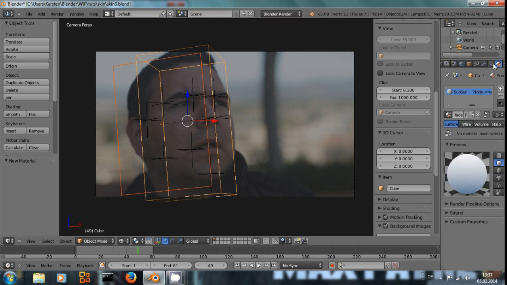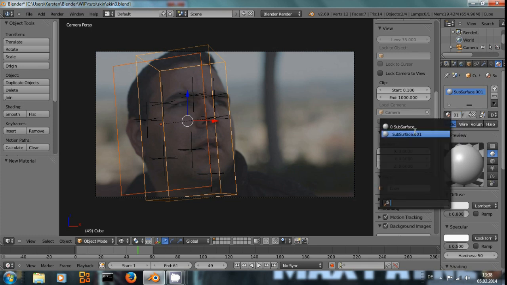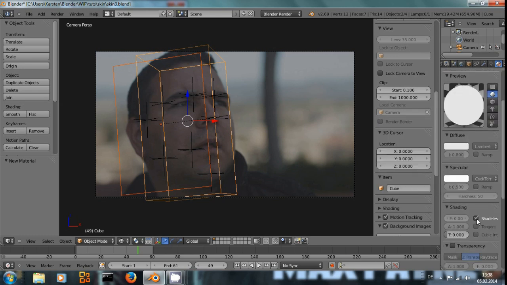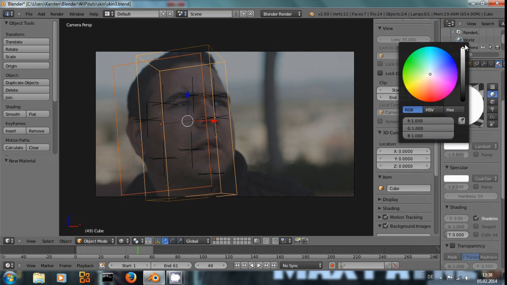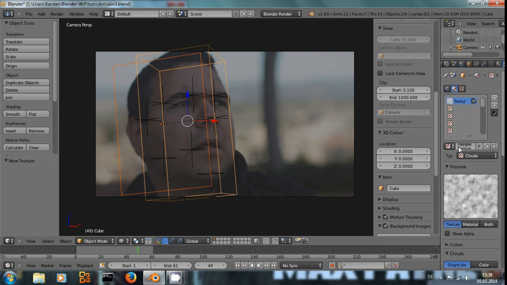Blender render engine. Let me delete it. New material, Subsurface. And I want it to be shadeless, completely white material. And to this I add, first of all, a